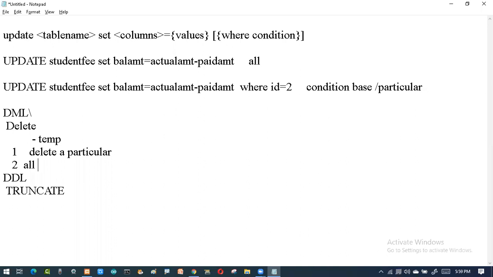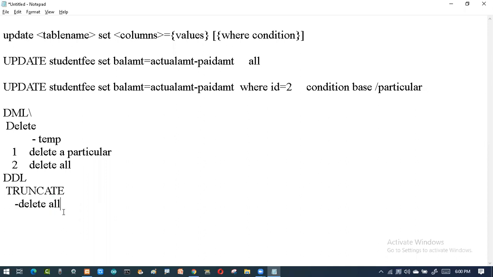So delete all. Now coming to truncate, delete all. See the difference. When I'm saying the delete command, it can delete a particular record, or it can delete all the records. Here it will delete the records.